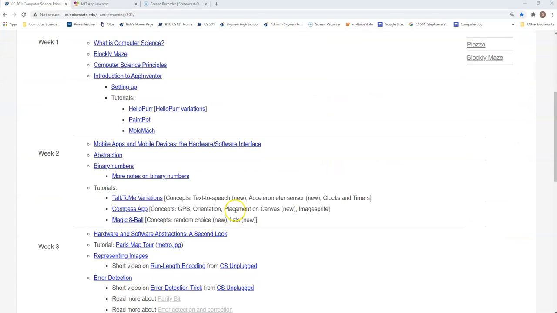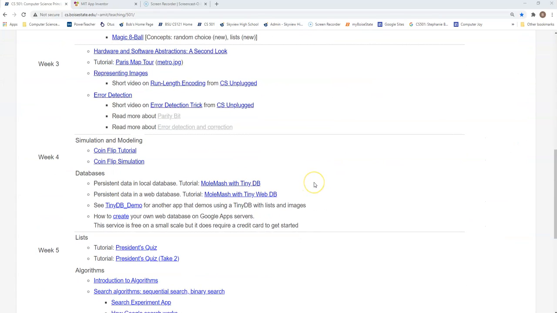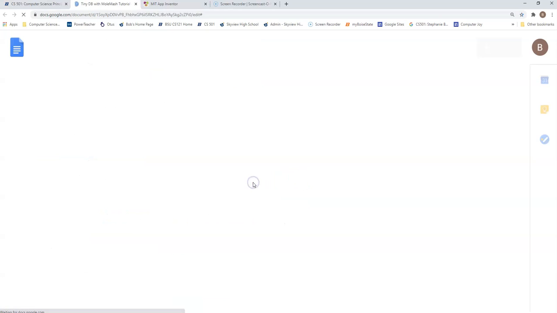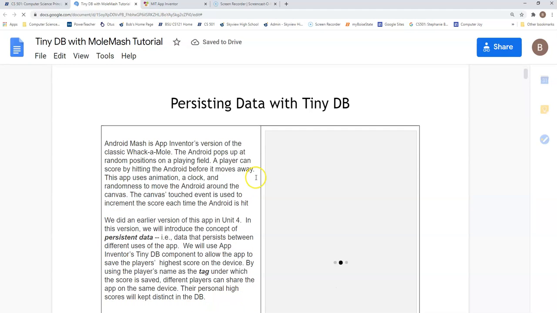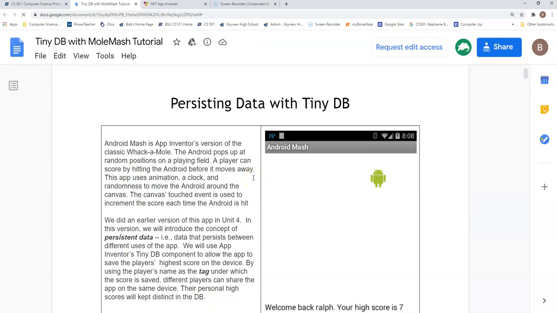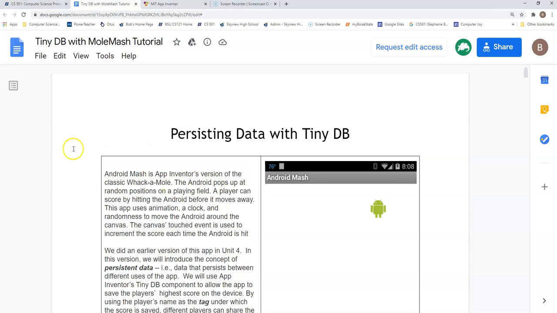In this tutorial, we're going to be going over the App Inventor's database, or the TinyDB feature. This allows users to persist data between uses. Typically, when we create an application on App Inventor, the variables and information are not going to be stored between uses. Those will be cleared out. So in order to maintain some data or persist that data between uses, we're going to utilize App Inventor's TinyDB